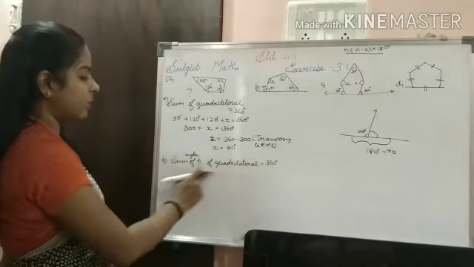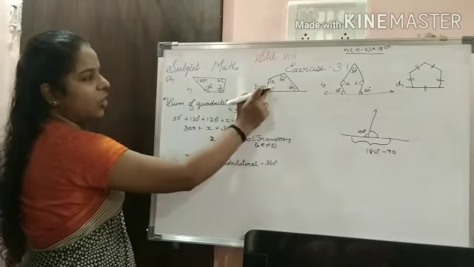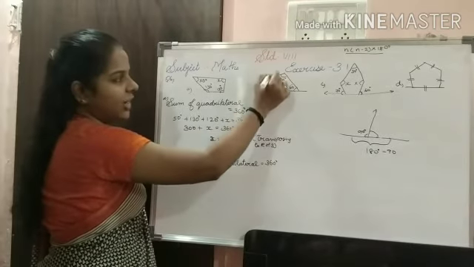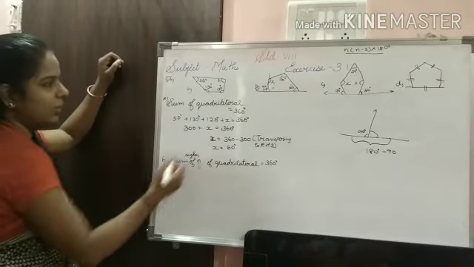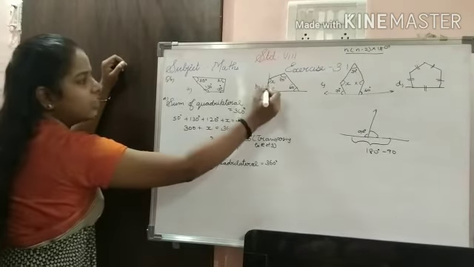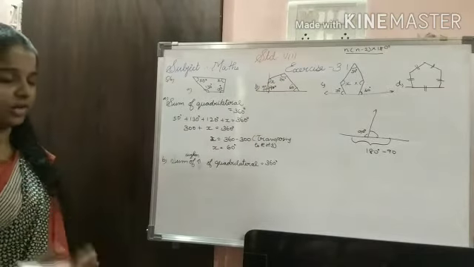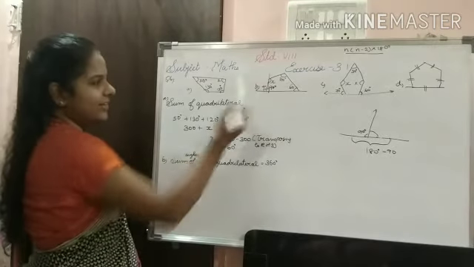So what is happening: sum of angles of a quadrilateral is equal to 360 degrees. Here outside it is 90 degrees, so inside is 90 degrees, because here a straight line is there, you can see. So we are using it as 90 degrees. Now we are going to find out the x, and this one angle is 90 degrees.